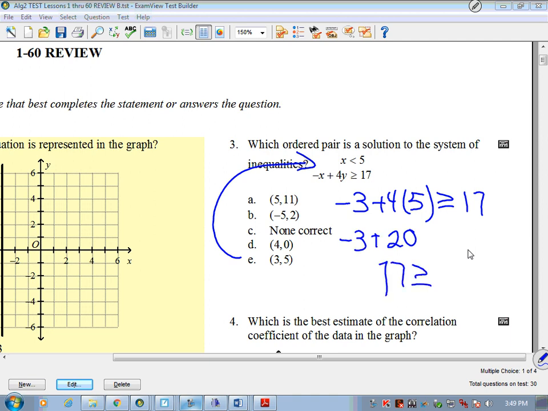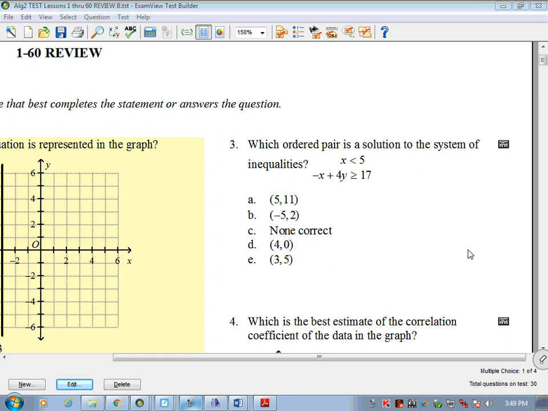And that is greater than or equal to 17. So E is my answer there. At the very least, I need to see how you've plugged 3 and 5 into that and show me that it works. Okay. Question number 4: